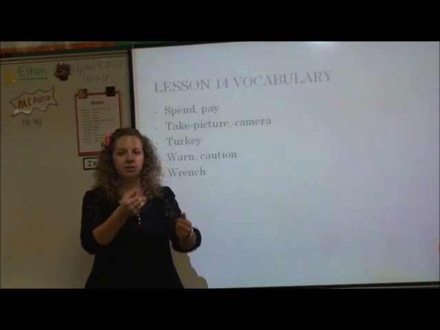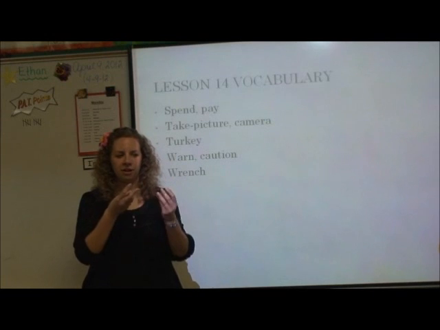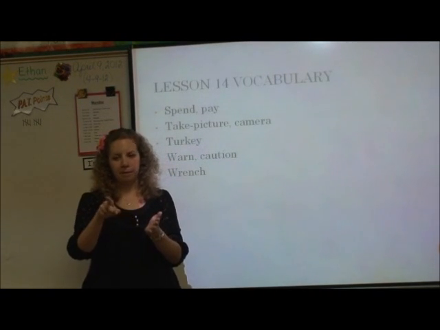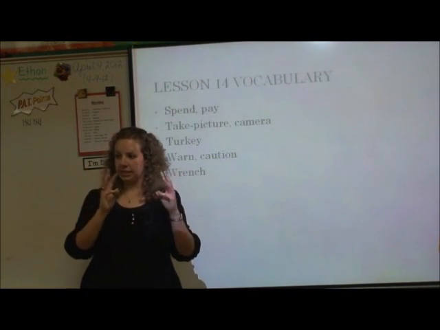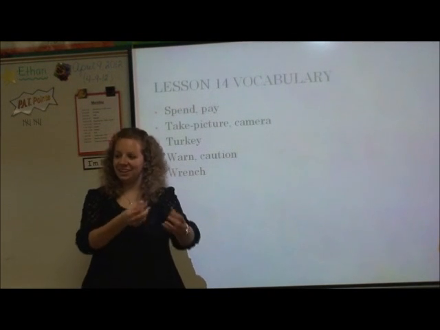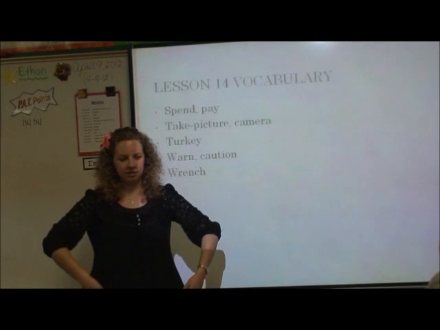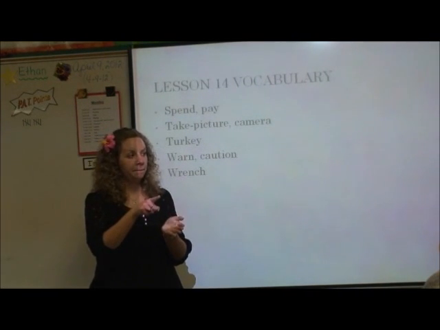So you have this way for spend, or kind of the concept of paying, and you also have this one for pay. For spend, you're going to start like a 6, and then go out that way. Okay. You got it? Yes. So we have that one, like throwing your money out that way. We have spend this way. We also have pay.